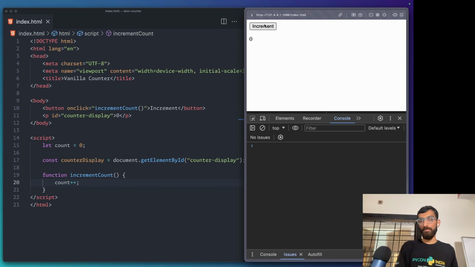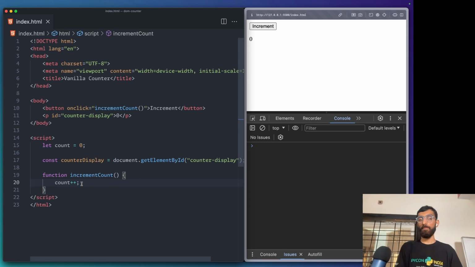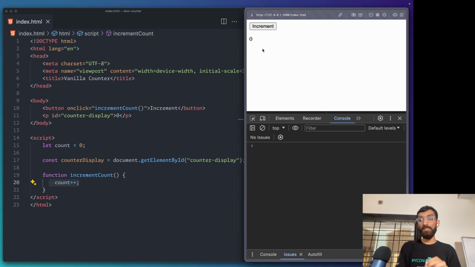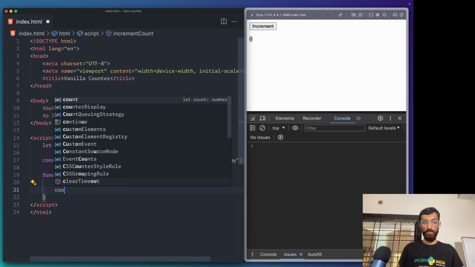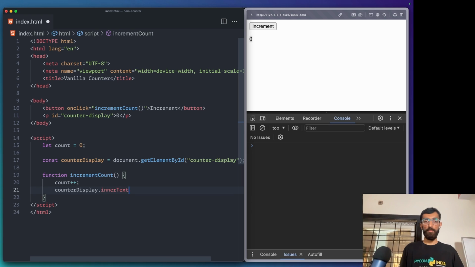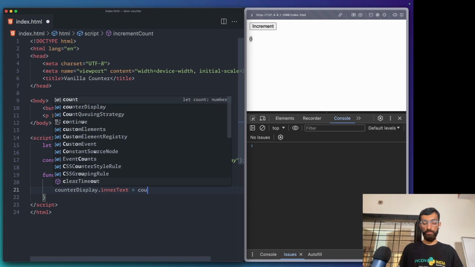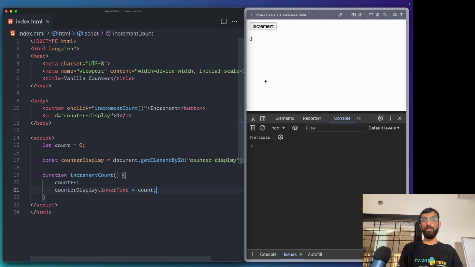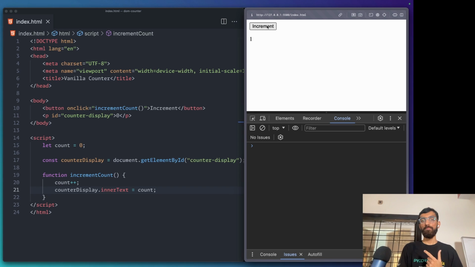Will this text change? No. Is the variable value changing? Yes. So variable value is changing, but the DOM isn't updating, right? This isn't updating because we are doing nothing to update it, right? So we can say counter display dot inner text or inner HTML, both work, equal to count. And now notice when I click the button, it will update, right? This is actually what we wanted. So whenever you click the button, it updates,